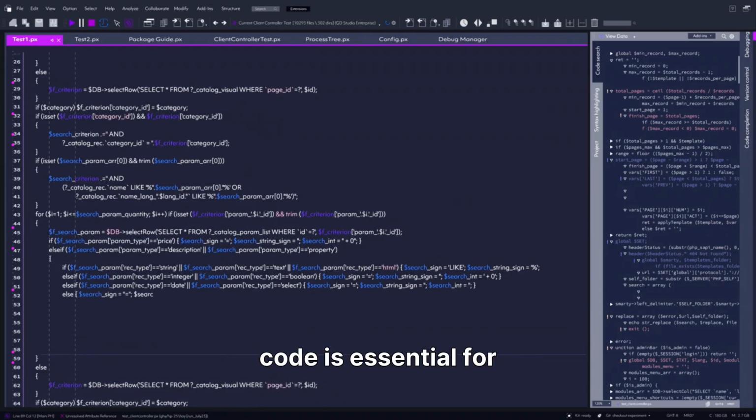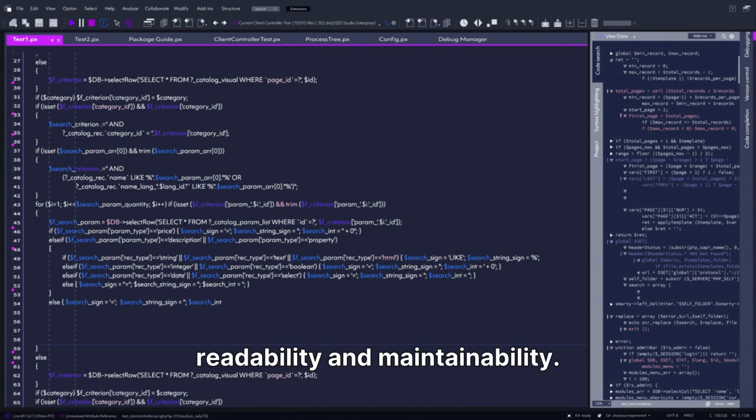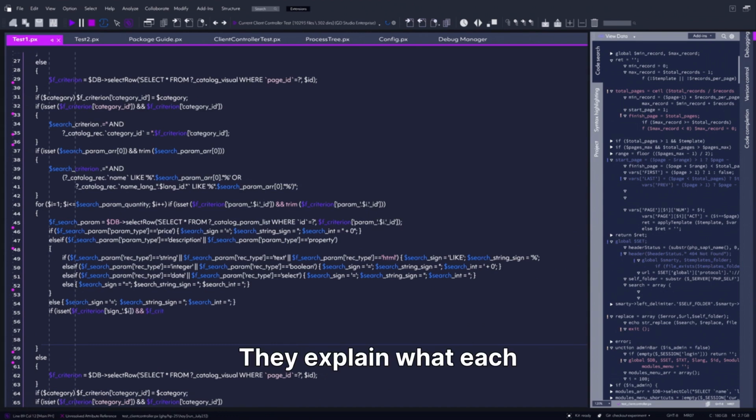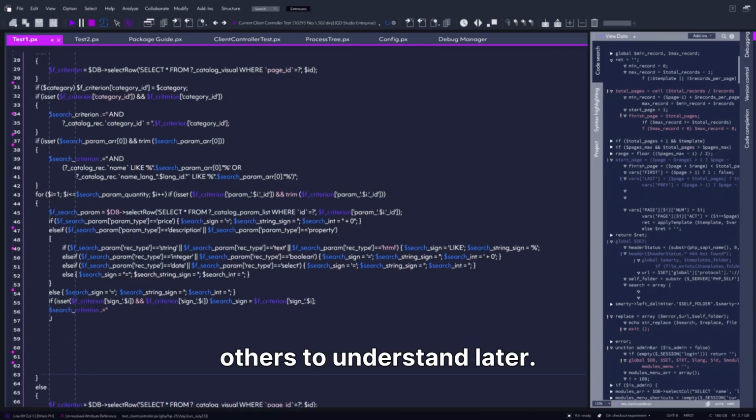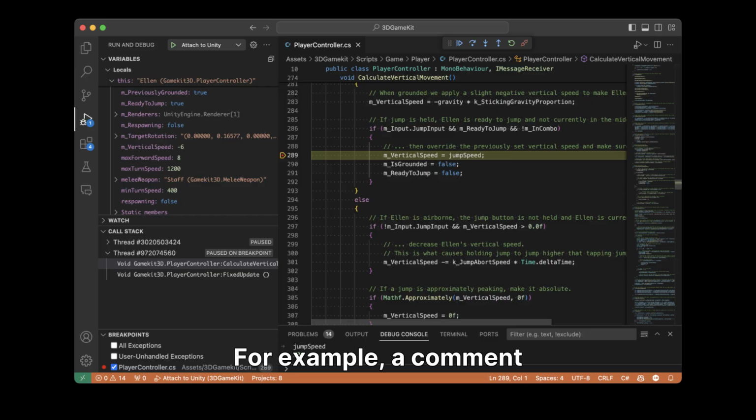Adding comments to your code is essential for readability and maintainability. They explain what each section does, making it easier for you and others to understand later. For example, a comment like // speed of the player movement clearly describes the purpose of the _speed variable, improving